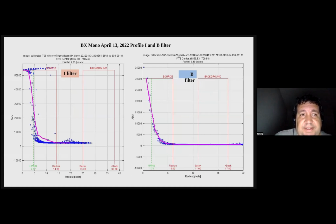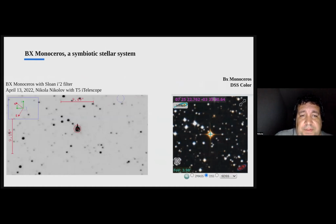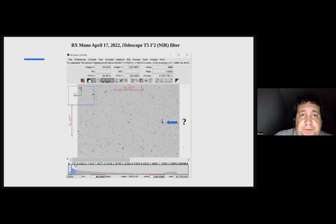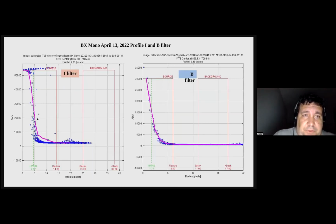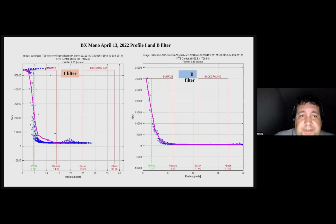And you can see that when I click on the star with the mouse, it creates this circle, right? And it measures the profile, and it gives you what is the radius of the object in pixels, and where is the background. The background is this area. So we have 3 numbers, which are 14, 25, and 38. And these numbers are set in the software. I use Astroimage, right? You put these numbers in the software, and then you can actually click on the star and measure